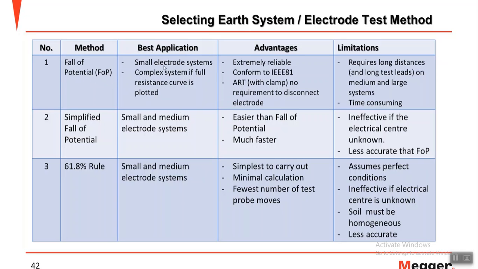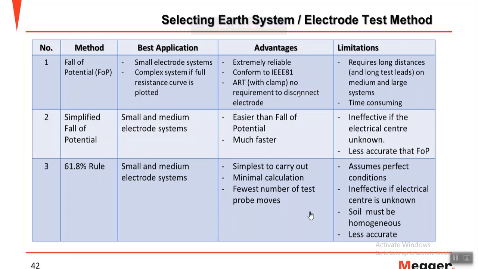Best application is a small electrode system, and also a complex system if the full resistance curve is plotted. Also it has some advantages: it conforms to the IEEE standard, is extremely reliable, and with the IRT with clamp, there is no requirement to disconnect. So it is still possible without disconnecting the ground system as long as you use the IRT attached rod